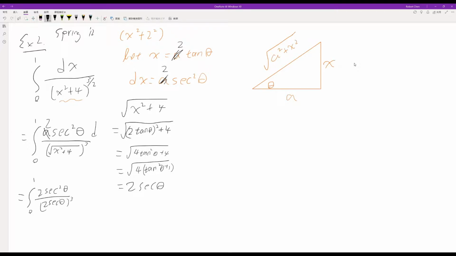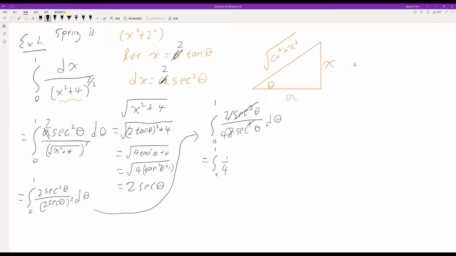I forgot the d theta here. All right, let's move it to the right. So 0 to 1, I now have 2 secant squared theta over 8 secant to the third theta d theta. Right, so I can lose 2 powers of secant, and that's 4. So I'm looking at